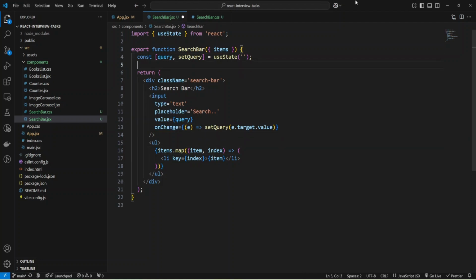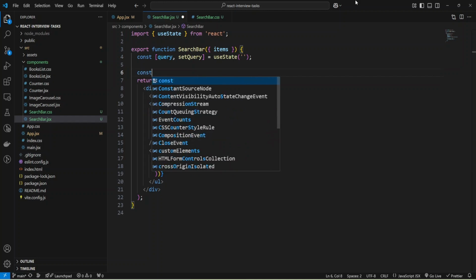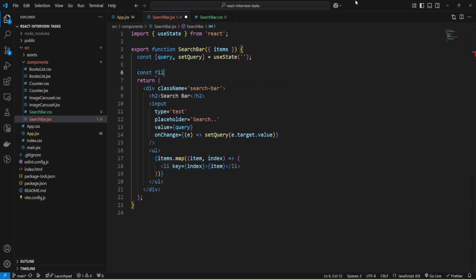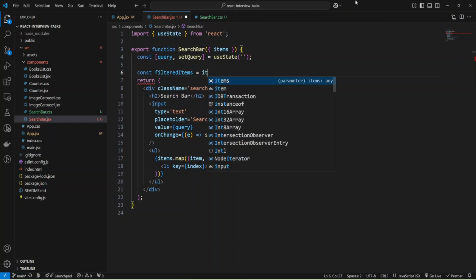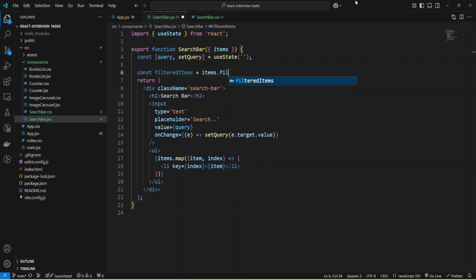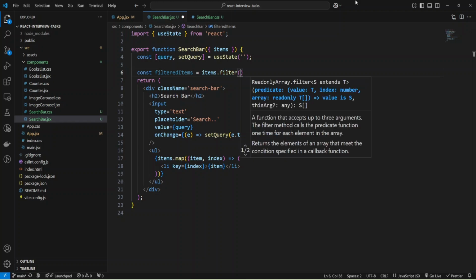And let me add one more variable, const filteredItems. And in this variable, I'll store the items that we will retrieve after the filter function. And I'm going to use the filter function of the array. Items is an array of strings, and I can iterate through each item.